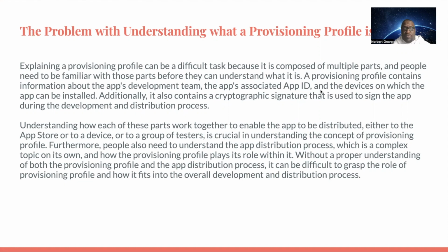A provisioning profile contains information about the app's development team, the app's associated ID, and the devices on which the app can be installed. Additionally, it also contains a cryptographic signature that is used to sign the app during the development and distribution process. Understanding how each of these parts work together to enable the app to be distributed either to the App Store or to a device or to a group of testers is crucial in understanding the concept of